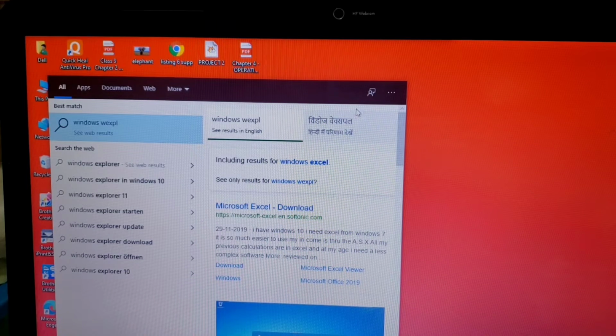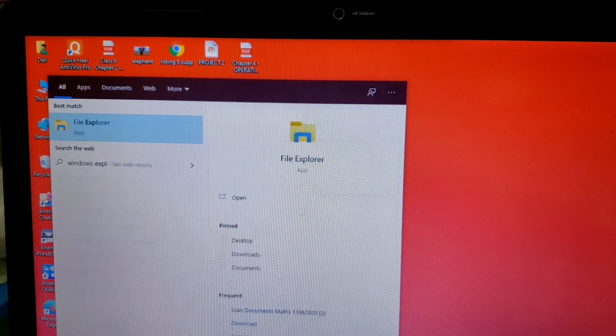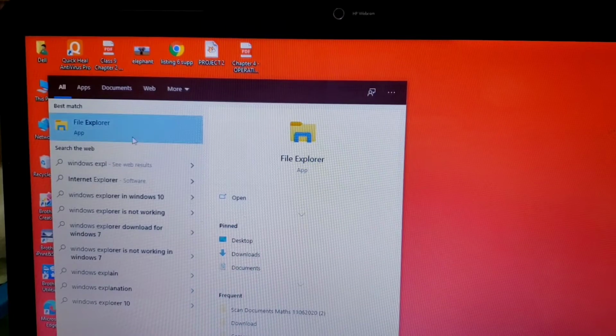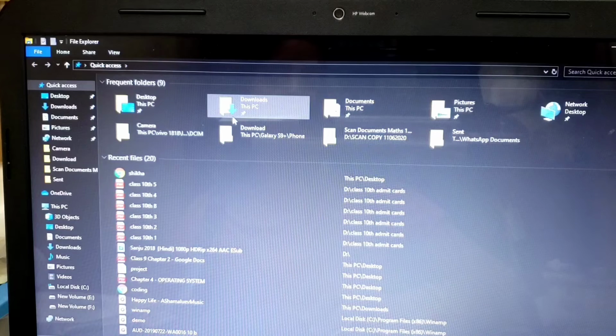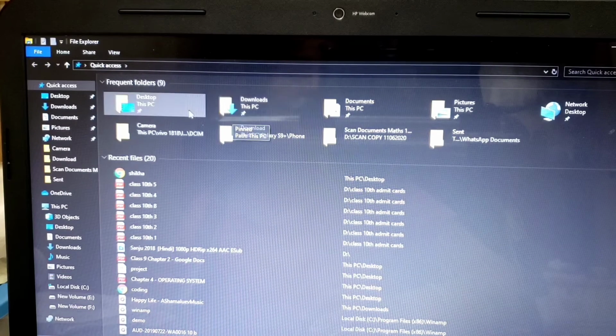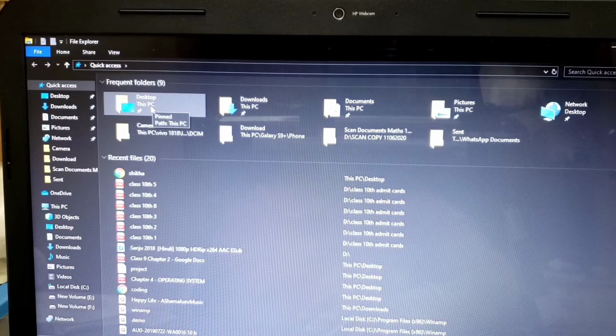As in my computer, the search result I am getting is related to the internet, but here I have File Explorer. Similarly, you may have some other kind of name: My Computer, maybe Only Computer, or This PC, or any other name, but all the main folders will be inside this Windows Explorer window or File Explorer window. In this way you can open it and do different kinds of work.